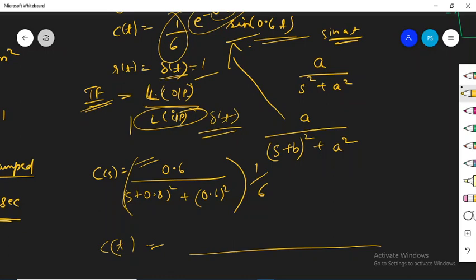In one of the initial lectures also I had told something about this, that if you are only given the knowledge that the output is this much, then just by merely taking the Laplace of the output, whatever you are getting is equal to the transfer function of the system. So experimentally also,